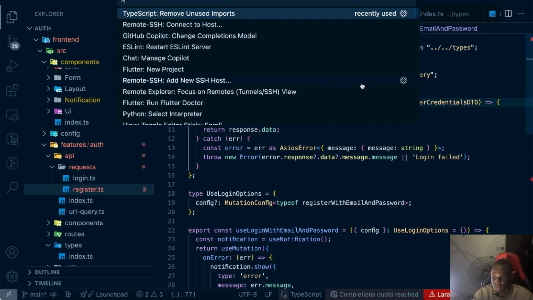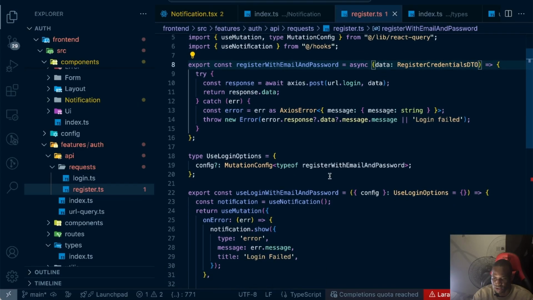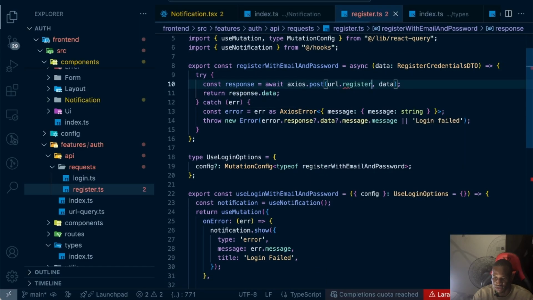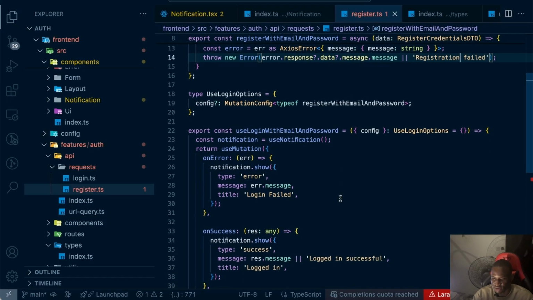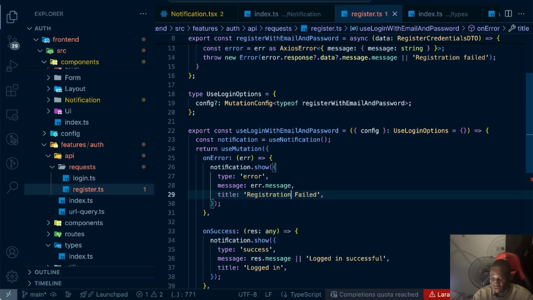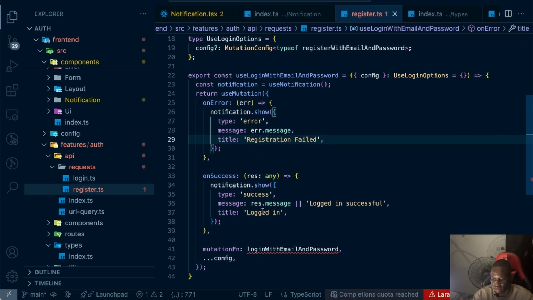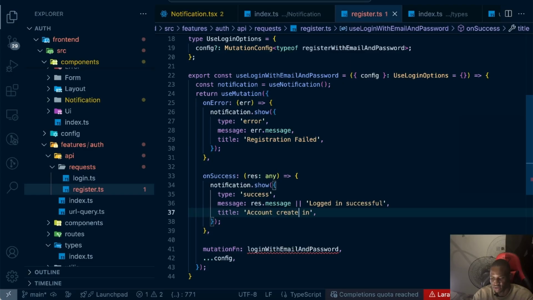Okay, so let's remove unused. This should be register, and the next registration field, and right here we can say registration field, account created,